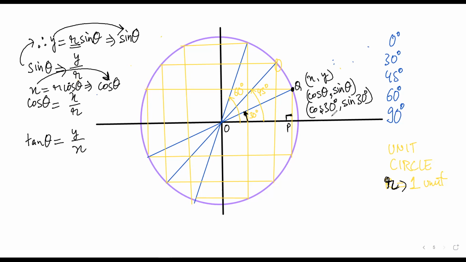Cos 30 is root 3 upon 2. Can you tell me the value of sin 30? Sin 30 is 1 upon 2. Okay. So the point is that this value is root 3 by 2 comma half. Any doubt in here? No. Now,